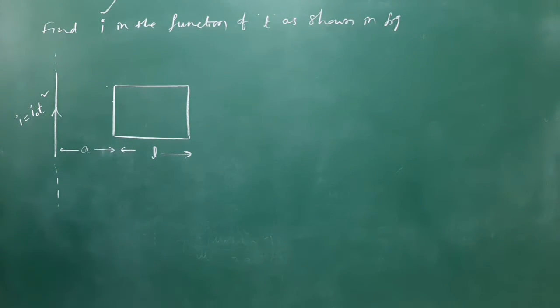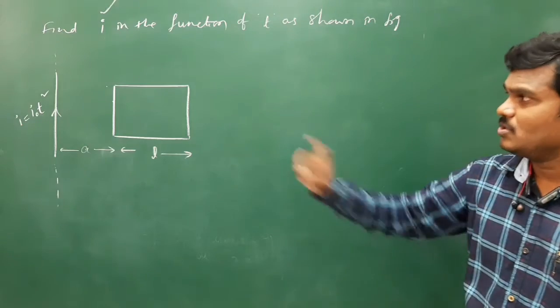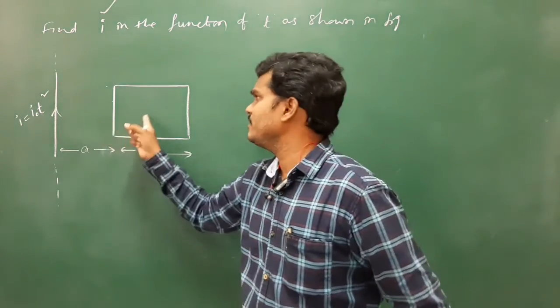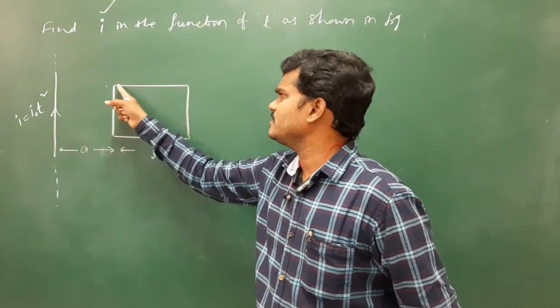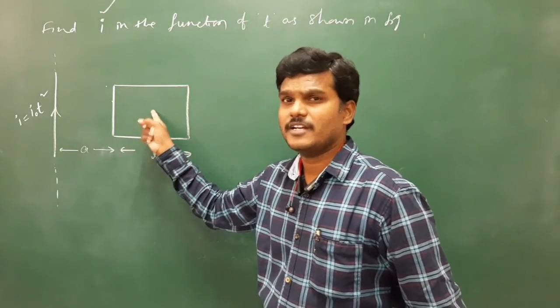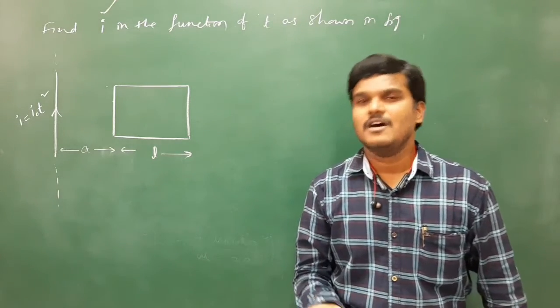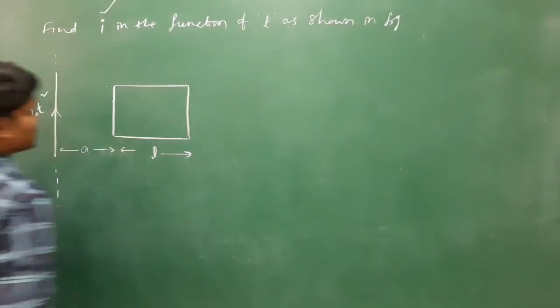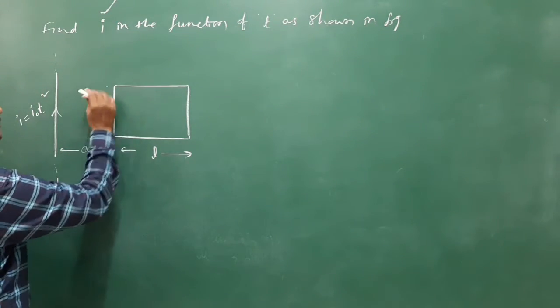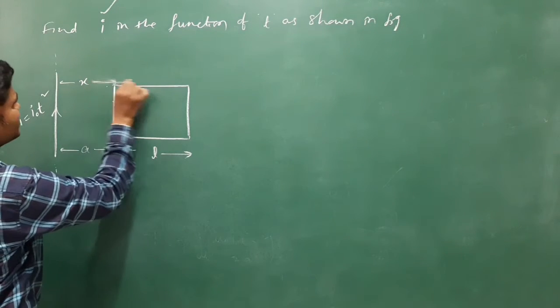So again we have to find current as a function of time as shown in the figure. Of course we can identify the direction of induced current also by using Lenz's law. If it is a perfect square, if all the sides are the same, you can use the magnetic field formula from the previous chapter, B is equal to mu naught I by 4 pi d into sin alpha plus sin beta. Otherwise, to solve this type of question, you can go for some symmetry.